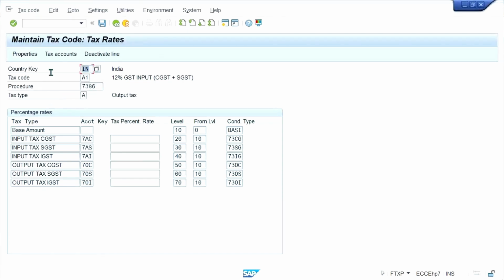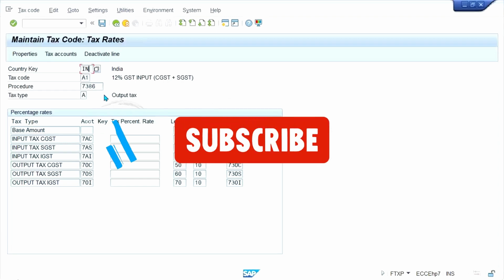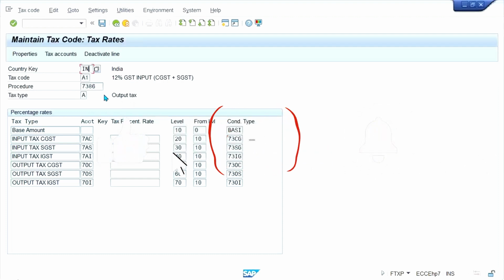I said, guys, that when we are going to create a tax code, what is happening? We are giving a country code first of all, right? And if you are able to remember, against the country code we are assigning our tax procedure, all the condition types and account keys that we have specified against a tax procedure, right? So I have created one tax procedure and done the assignment against a country code. Which country code? Of course, IN, or whatever country code you are following; against that country code we have assigned this tax procedure,